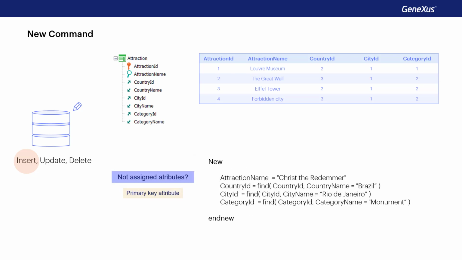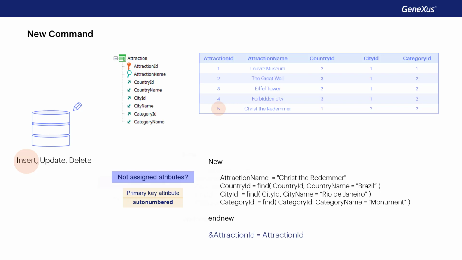Now, going back to what we were wondering about what happens when we don't specify a value for the primary key, if it's auto-numbered, then it'll never fail due to duplicate primary key. It'll always insert a record with the next number. How do we know what number was assigned to it? The value in the attribute is stored in memory immediately after the new. Thus, we can, for example, assign it to a variable so as not to lose it the next time the attribute is used.